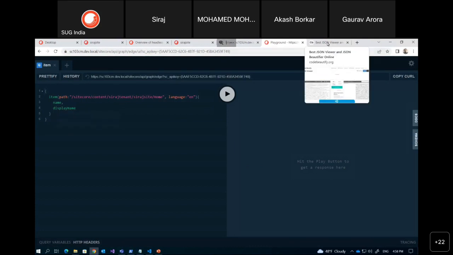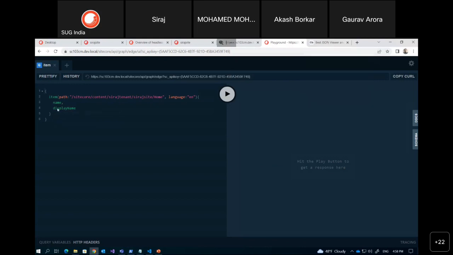Like, there is a lot of data. Maybe due to the performance, we can use this GraphQL if we wanted any particular field or particular thing, we can get it from here. For example, for this particular path, we have the Siraj tenant and Siraj site and home. And if we run this, this is the name and this is the display name, that will be taken through the GraphQL as well. So this is how